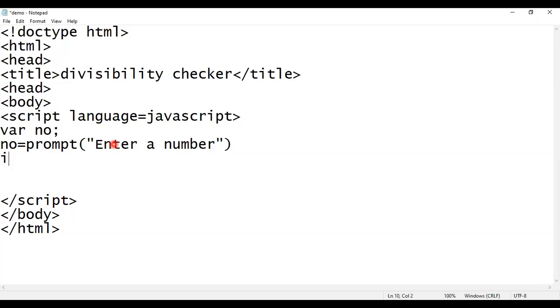Okay, so here I am going to write a condition. if is in small case. So if the given number, that is no, mod 5 double equal to 0, means if I divide the given number by 5, shall I get the remainder as 0?